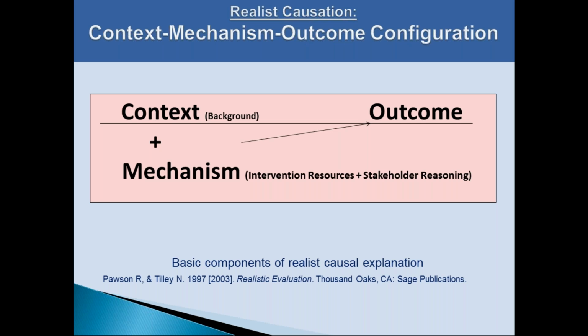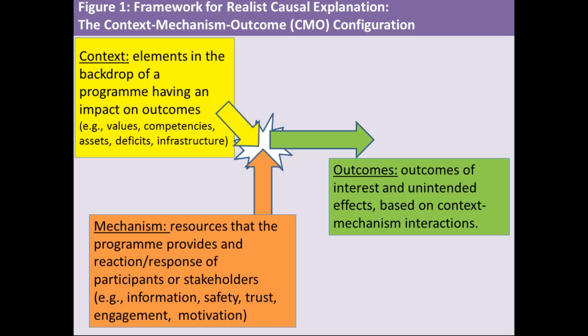And when we're talking about mechanisms, we are talking about program mechanisms. So we're talking about the mechanisms that get activated through the insertion of programs or interventions in environments. I'm using program and intervention interchangeably, so I may use one or the other term, but I'm saying the same thing. So that's key. The mechanism has to do with the program, and the context has to do with the backdrop. So this is basically another way to depict the CMO configuration.